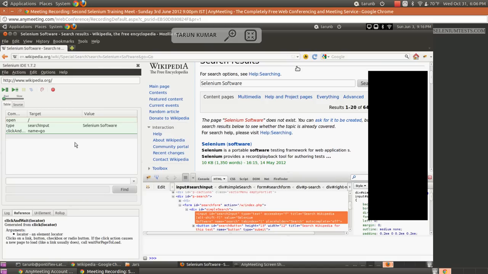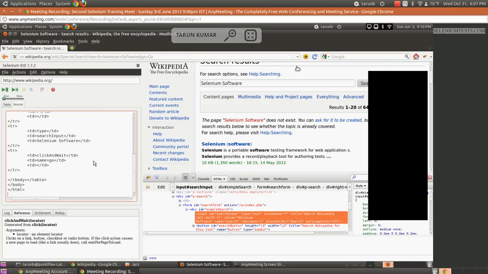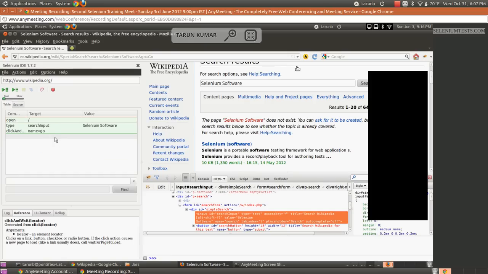Now comes the question: why not Selenium IDE? There are multiple reasons for not using Selenium IDE. First, as you saw, we can execute tests using only the default language, which is kind of HTML style, in which Selenium IDE records tests. You cannot execute tests in any other language, at least at this point, though the Selenium IDE team is working on making it executable in other languages as well.